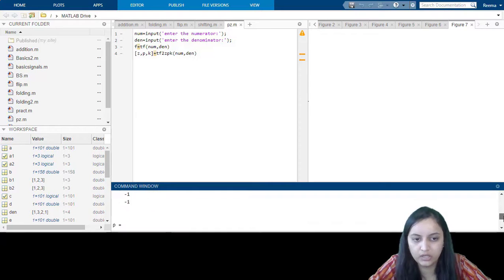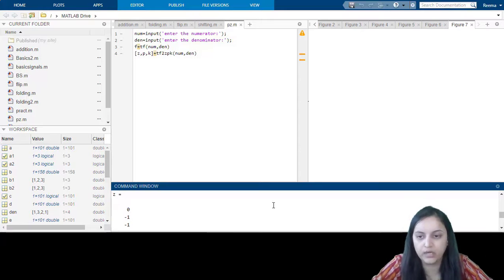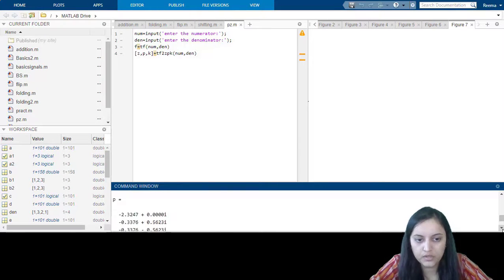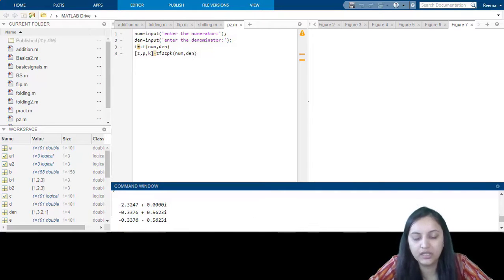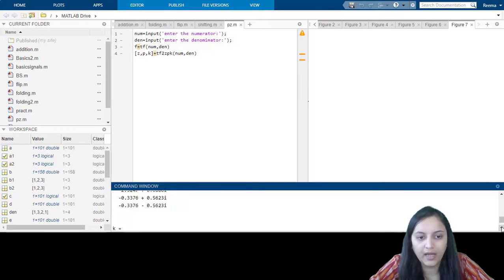So see in the command window, three zeros are there, that is 0, minus 1, minus 1. Poles are these three values, that is minus 2.3247 plus 0.000i. Second is minus 0.3376 plus 0.5623i. And third one is minus 0.3376 minus 0.5623i, and the value of constant k is 1.